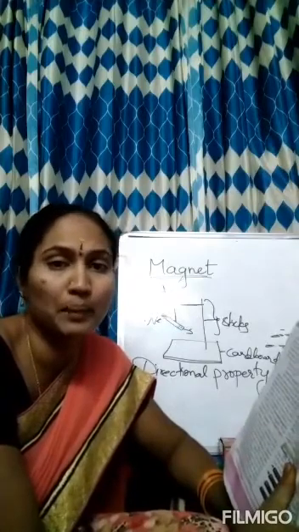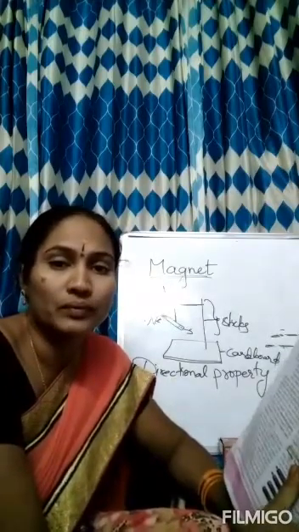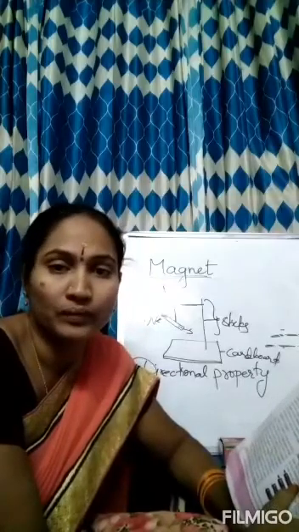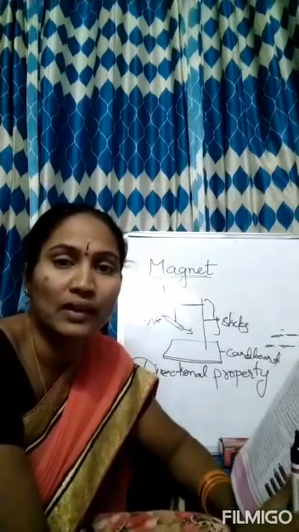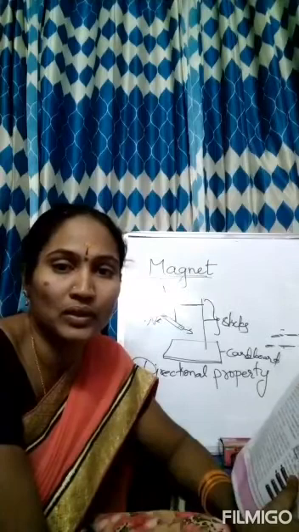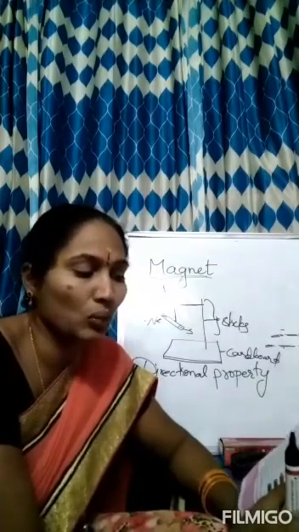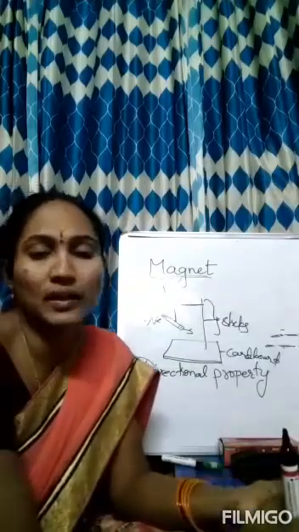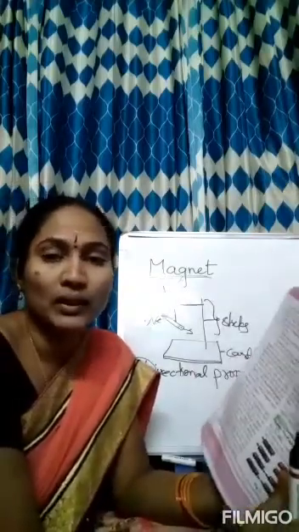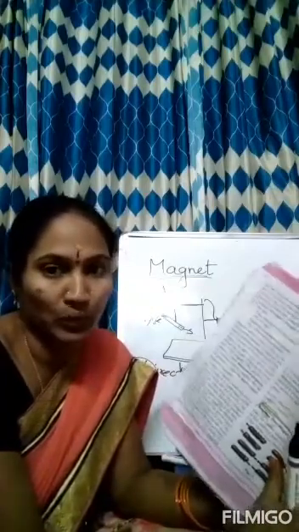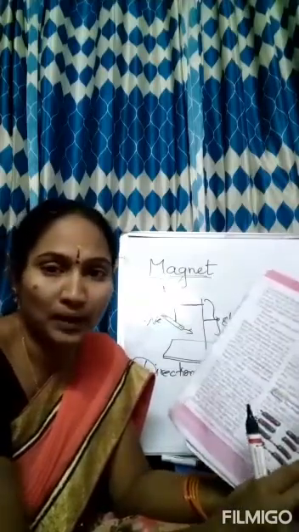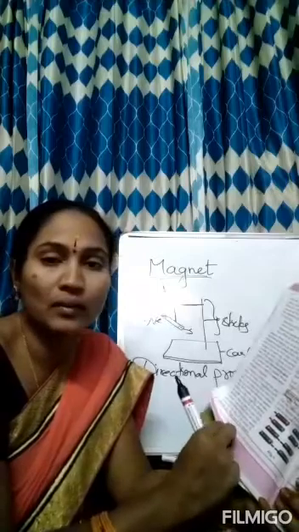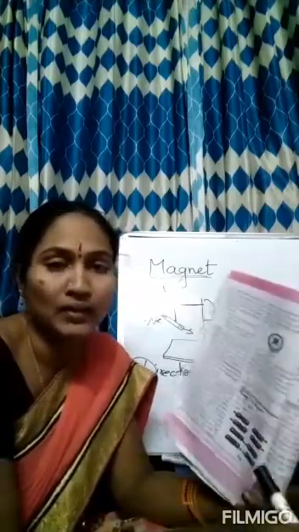And mountaineers and army people also use it because sometimes they might lose their map and way. So with the help of this magnetic compass, they can find their friends and the correct way to reach their destination. So don't place a compass and magnets together. This is an important instruction. Now, each and every topic in this chapter is very important: story of magnet, types of magnet, directional property, magnetic compass, and the south pole and north pole of the magnet. You have to note it down and you have to read it.